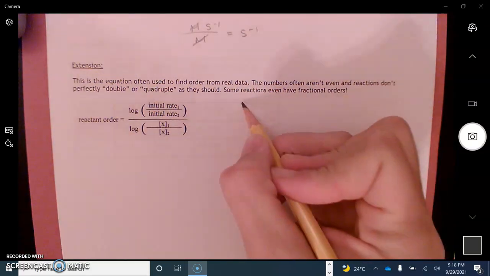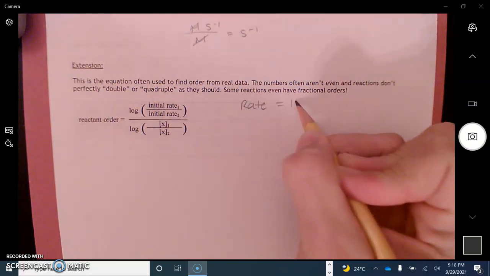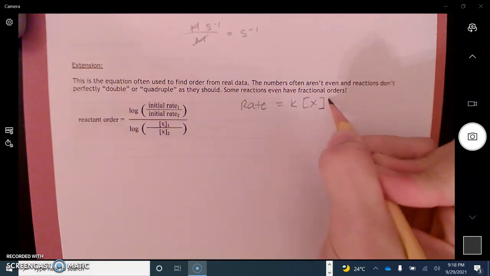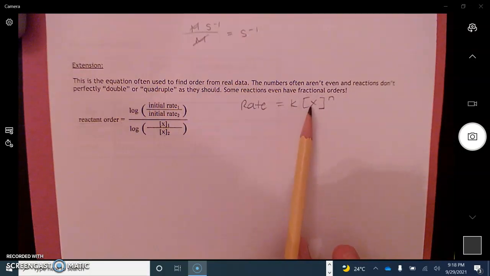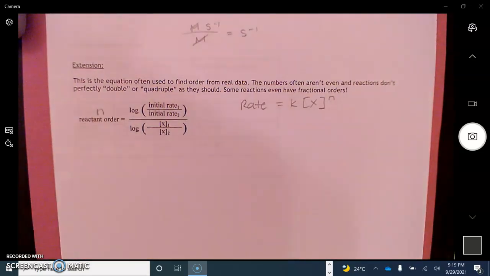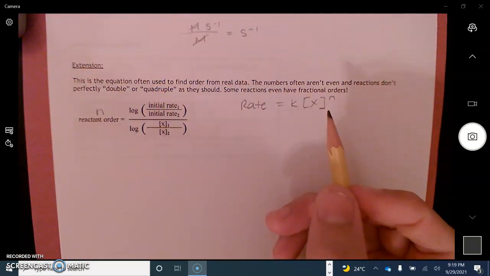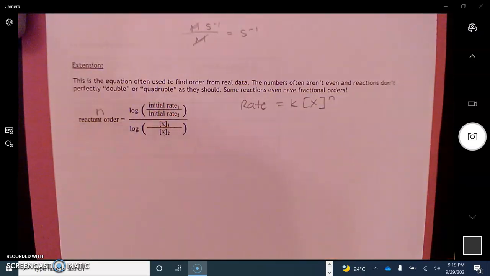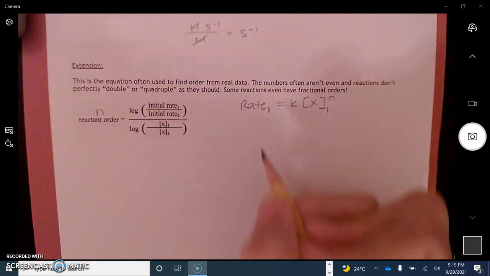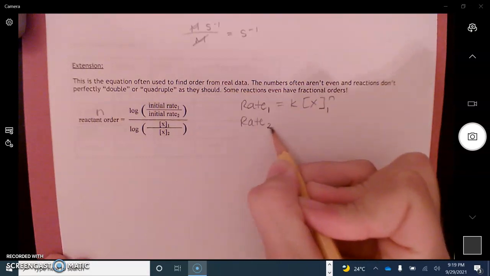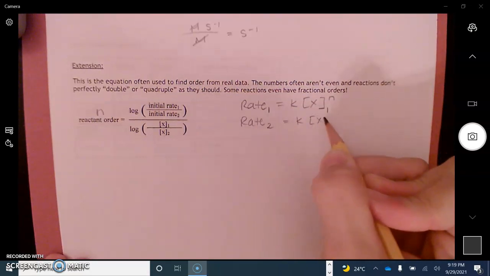All right, so let's look. We have the rate equation. Looks like in that form. Rate equals a rate constant times the concentration of the reactant raised to some power n. That's our reaction order. This should be true for every trial. That's the whole point. It's an equation that relates rate to concentration. So if it's true for trial 1, it should also be true for trial 2. The only thing that stays constant